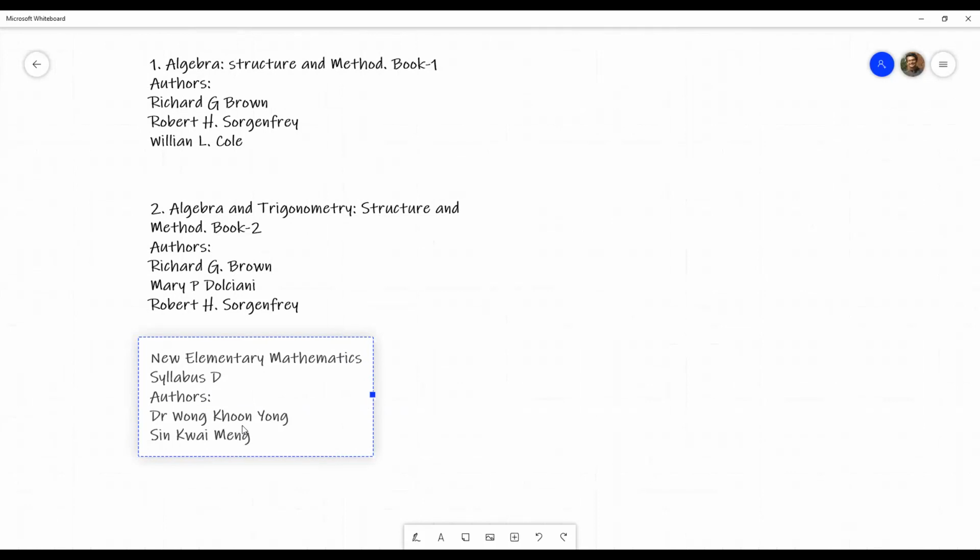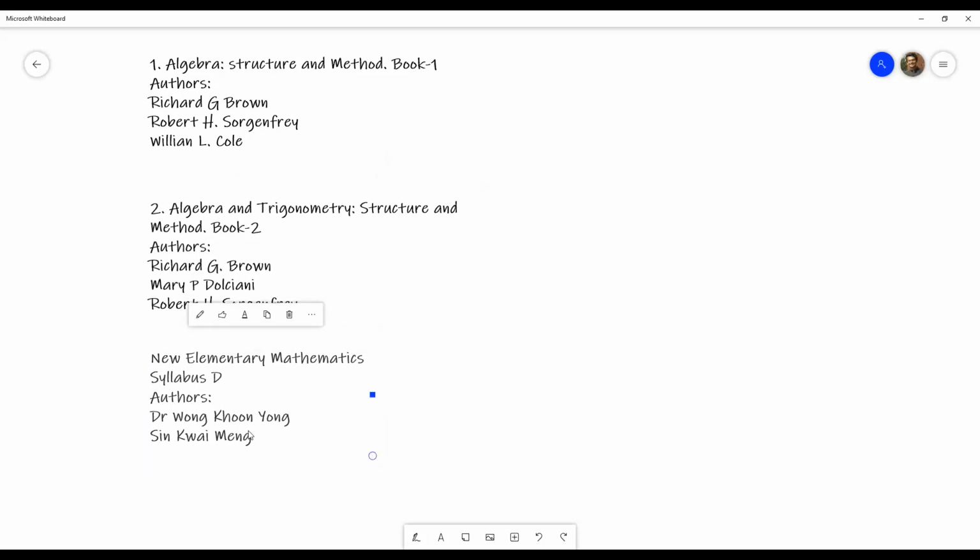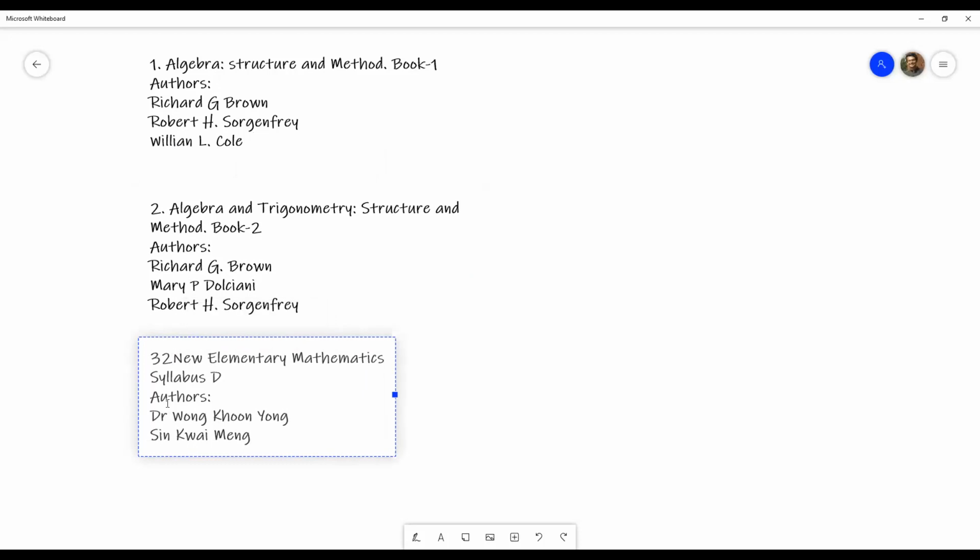So this is the one that I use sometimes. And these are the recommended ones by the syllabus that I've seen in your curriculum, I guess. So yeah, I think you will get this book or buy this book eventually, or you can